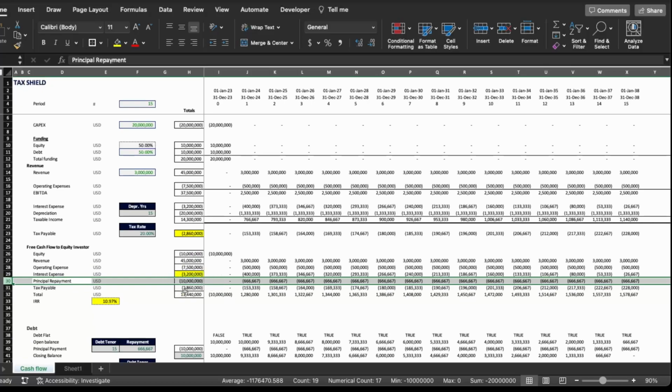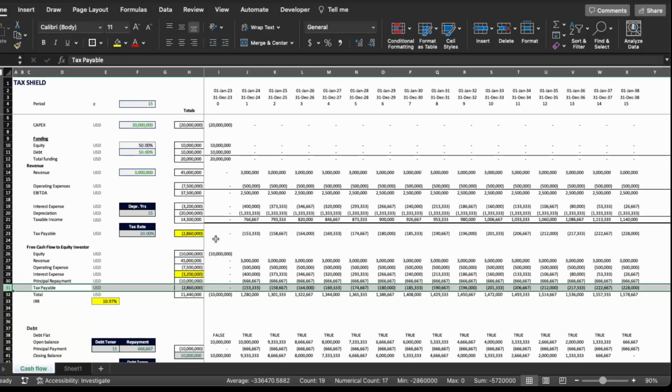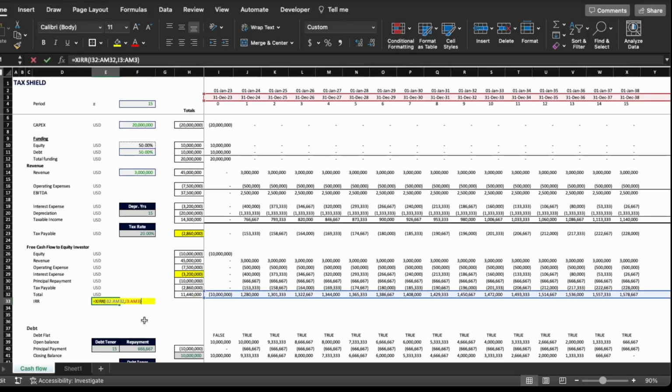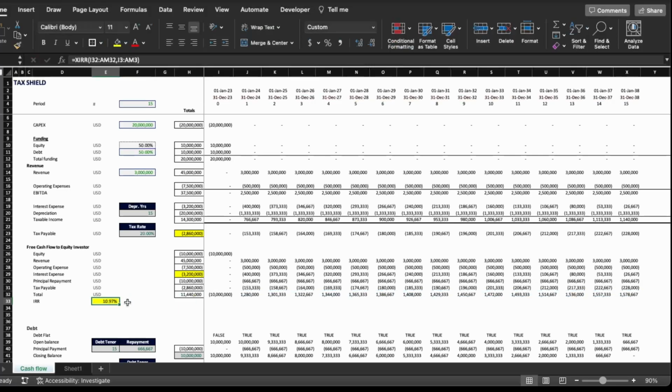We are paying back the 10 million we just got from the bank. And the last one is the tax payable. When we add all these things together, essentially we have the free cash flow to the equity investor. And once we calculate the IRR, we get the result that this particular project results in an 11% IRR